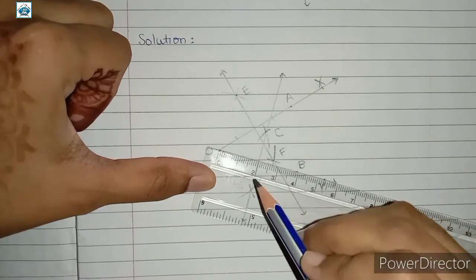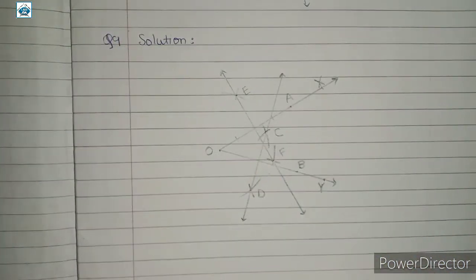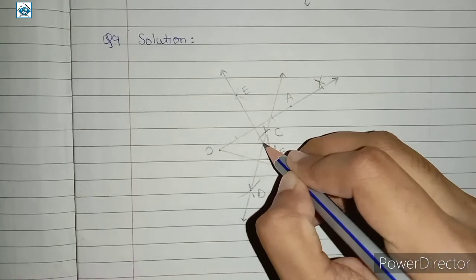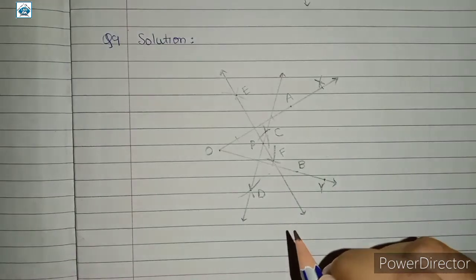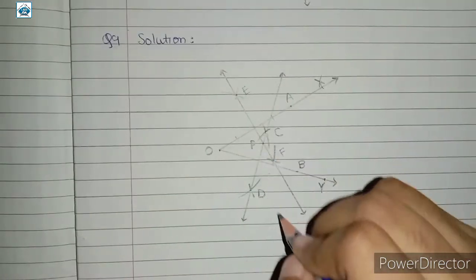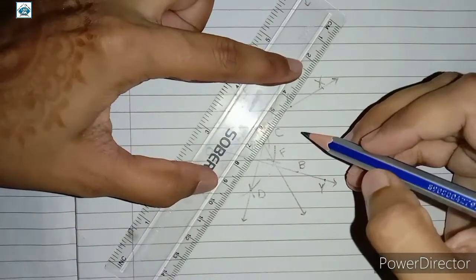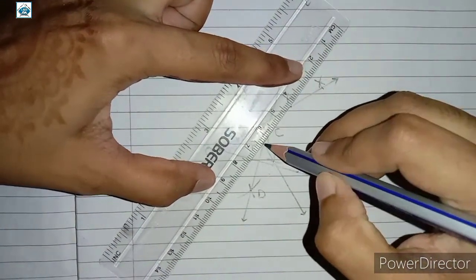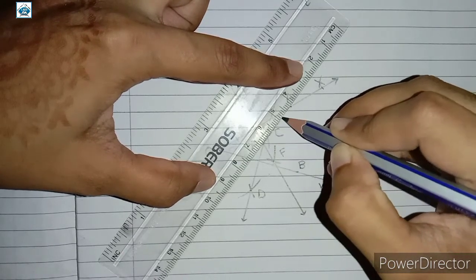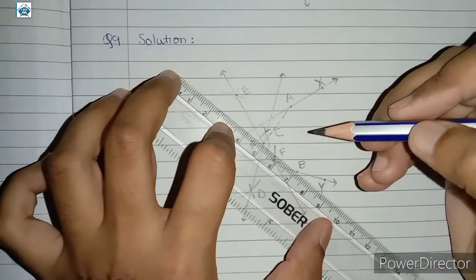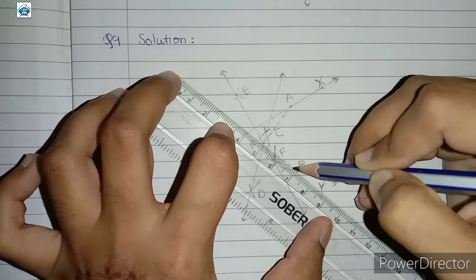As you can see, it is passing exactly through 2 centimeter. So here we have drawn the perpendicular bisectors, and this is the point of intersection. Let us name this point P. This is the point of intersection of both the perpendicular bisectors. Now we are asked to measure PA and PB. So here let us join them. Not being a part of our construction, let us join them using dotted lines. And here also let us join PB using dotted lines like so.